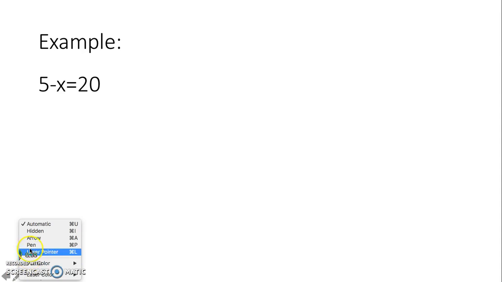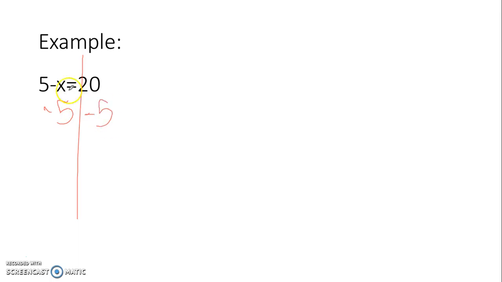Alright, let's take a look at this one. This one's a little tad bit different, but we probably have seen these examples last year. Alright, so since this is a positive 5, we are going to subtract from both sides. 5 minus 5 is 0, so that leaves us with negative x is equal to positive 15. Alright, but we don't want this x to be negative. We want it to be positive. So what we need to do is multiply both sides by negative 1. Negative 1 times negative x is a positive x, and negative 1 times